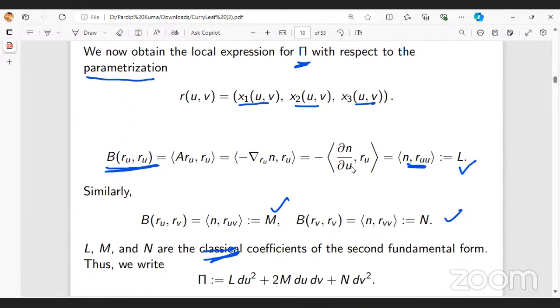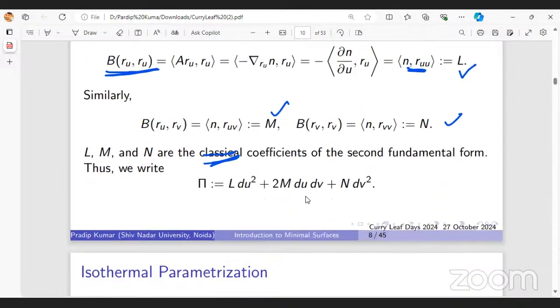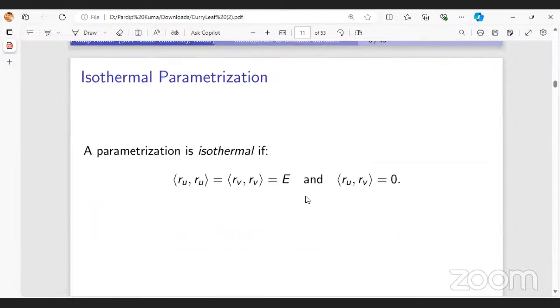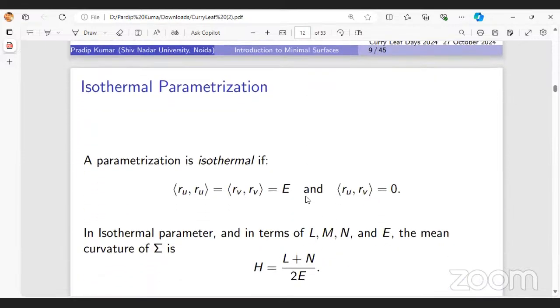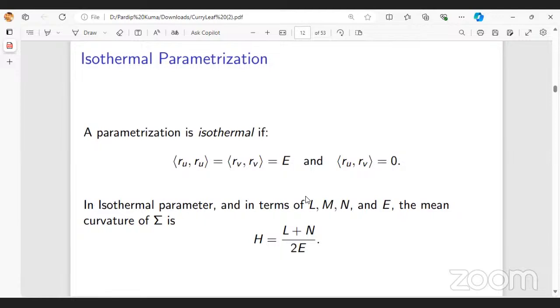So if there is a local version in calculating the mean curvature, then things become easy. That is what I am trying to do, and what I am trying to say is this thing in the isothermal parameterization. If the parameterization is isothermal, what does that mean? Again, I will recall. This was the minimal immersion. This was the surface. Surface means the pair x comma m. Okay, this was the surface, and then we have defined